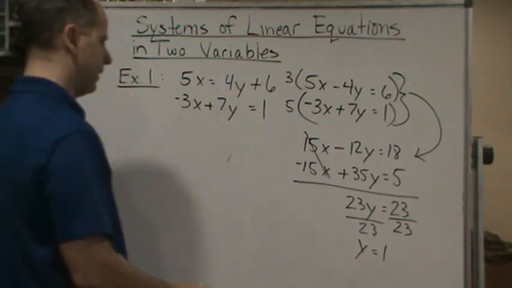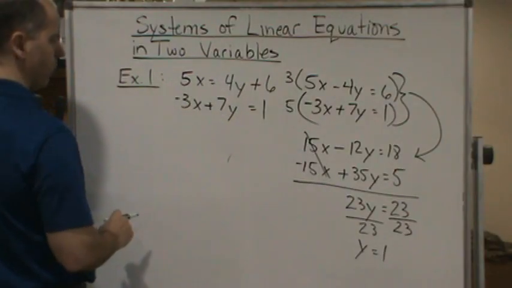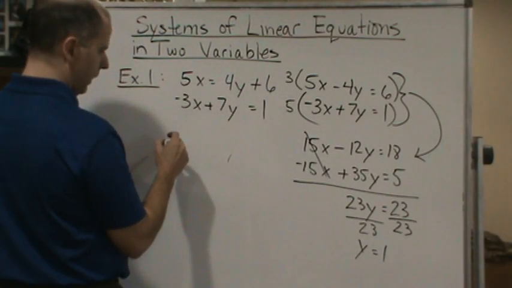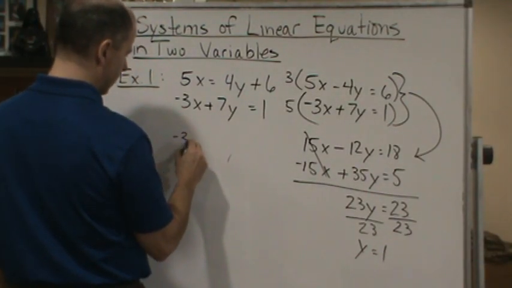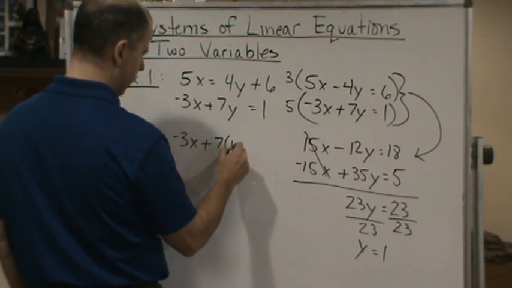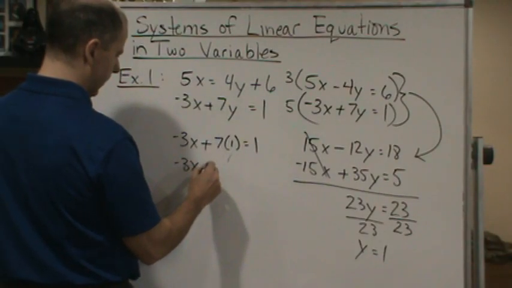And now that I've got y, now I go back to either equation. Doesn't matter which equation I use. So let's use this one. And now I'm going to plug in 1 for y here. And I get negative 3x plus 7 times 1 equals 1. And then I get negative 3x